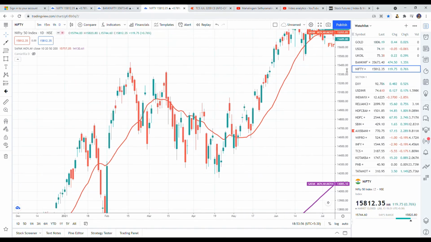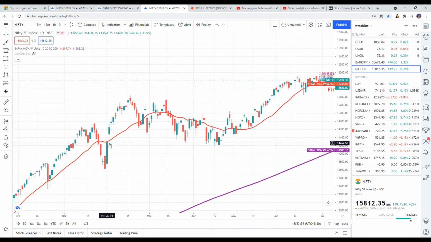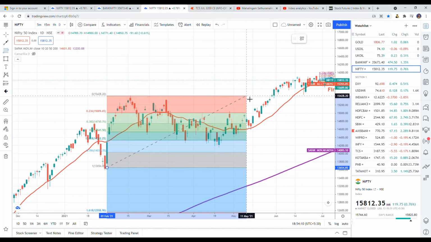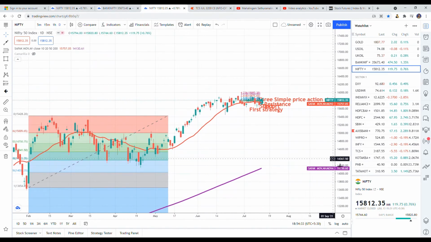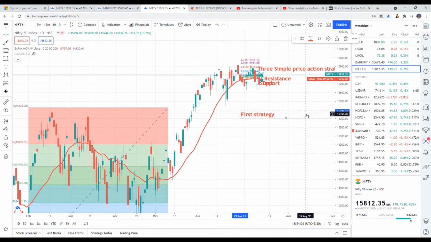Where is that candle? This is our 1st of February fabulous candle, continuous bullish candle, and people may think the market will not reverse, it will go, but you can see how the market treated that. Almost 75% of the entire move was reversed. So we moved from 13,650 to 15,400 and reversed back up to 75% of the movement. So do not worry. Do not think, oh my God, we are missing the opportunity and it will not come back.